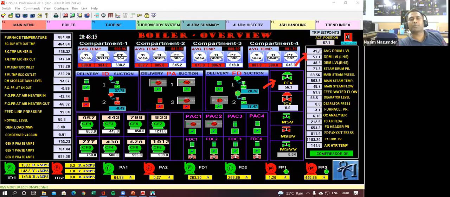Here the drum level should have been 40%. It is showing 51%. I want to check why it is so, what goes wrong. So I have to go to my logic page where all the calculations have been done, the PID calculations and all. Now how to trace the path from SCADA to your logic? That was my question.